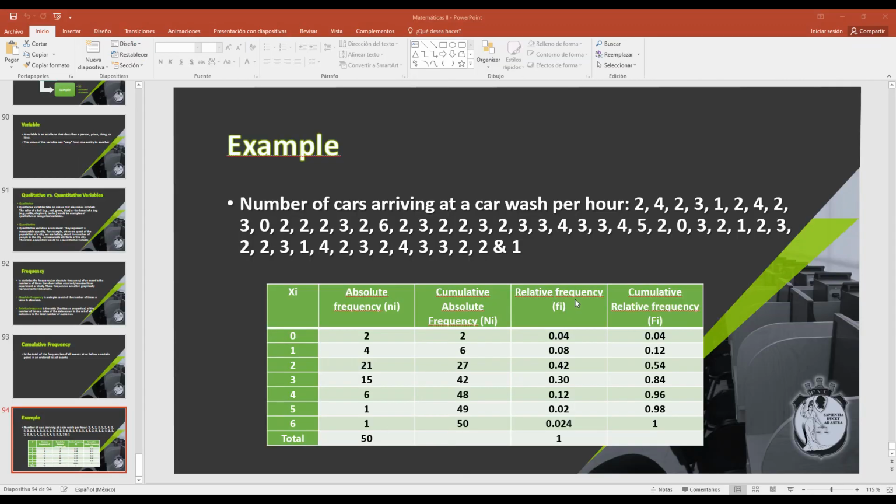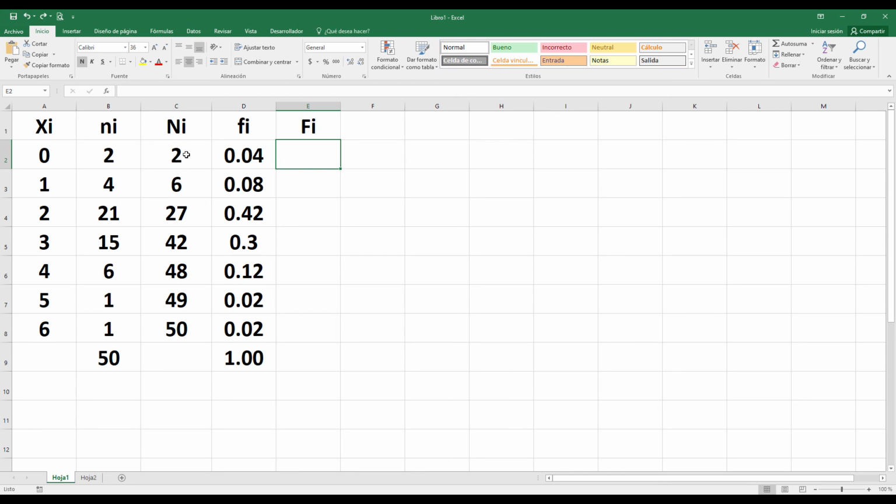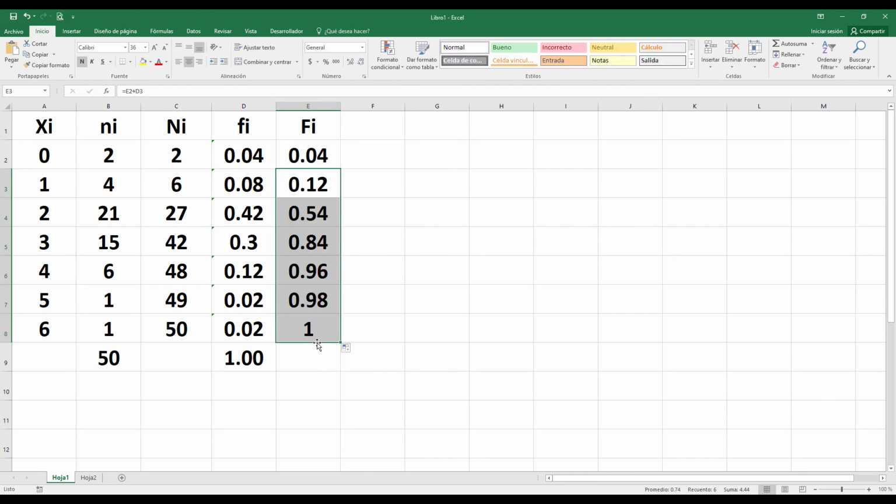Okay, the last column, cumulative relative frequency, is the same way as that column. So the first one is equal, so you will add that. Okay, and this is all the data that you need to calculate.